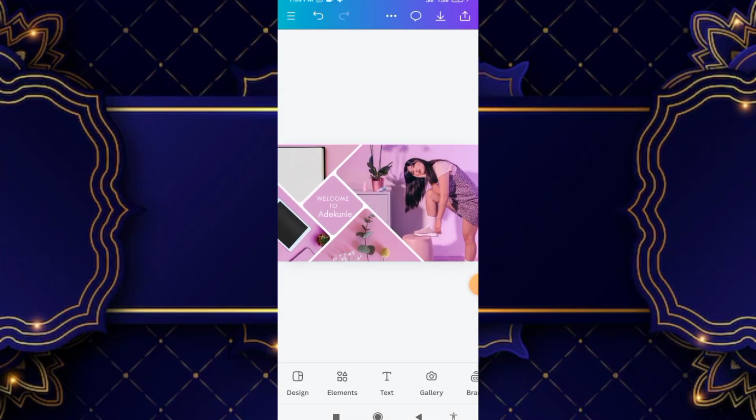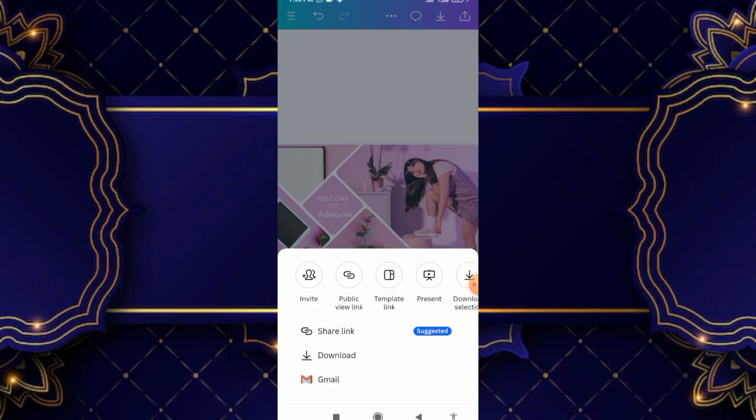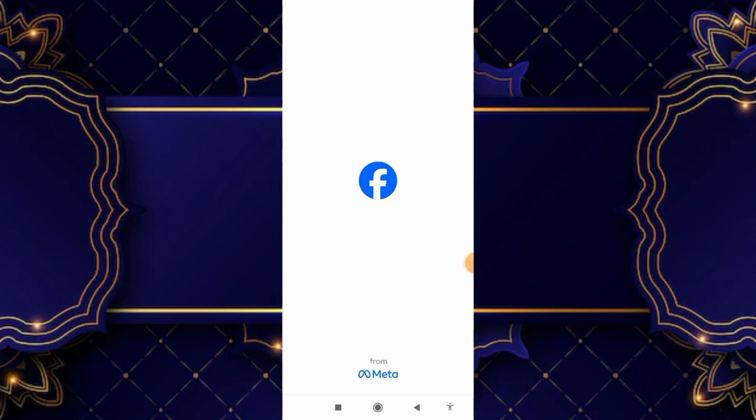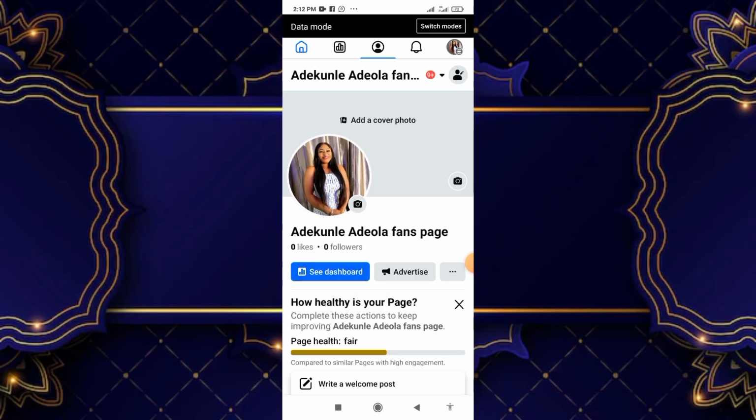If you want to save, use the arrow up here. Here is what you'll be saved with. So click on save and click on download. Now we have it. Once it's downloaded, we will have it in our gallery so that we can upload it to our Facebook page. I will come to Facebook, open our Facebook page where we left it, then click on